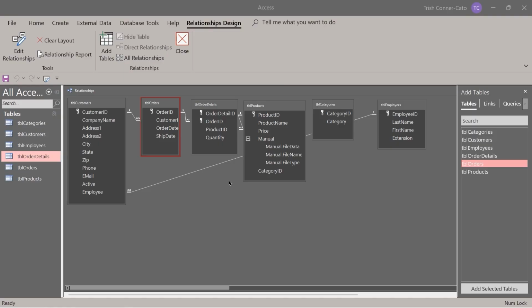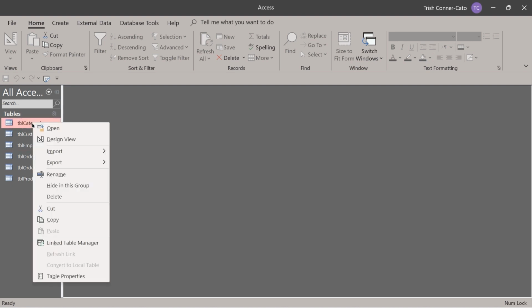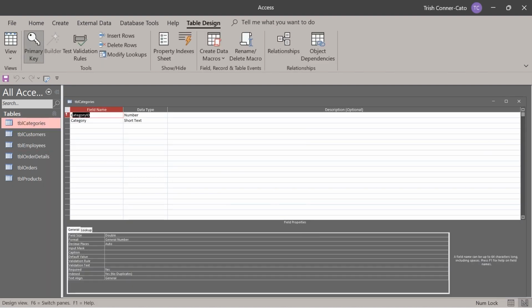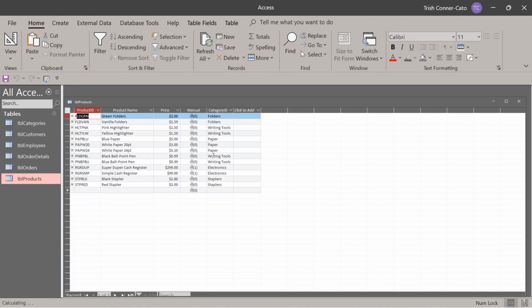We're going to have a similar error if we go to create the relationship between the categories and the products table. So let's close our relationships window, and we're going to open our categories table in design view and resize it so it's on one side of your screen. And let's open the products table in Datasheet view